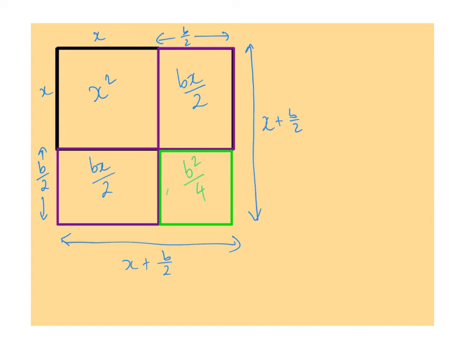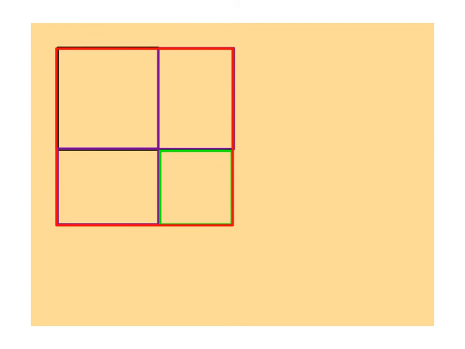We don't want the green area included, but one way we could express that is to work out the area of the red square on this page and subtract the green area, or we could add the black and the purple areas together. Okay, and those are going to be the same thing. So if I put together everything that we know now, we've got x squared, bx over 2, bx over 2, and b squared over 4. We've got x, b over 2, b over 2,